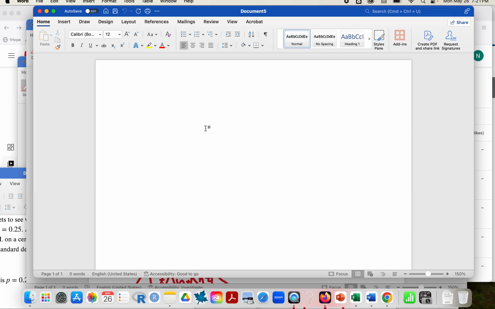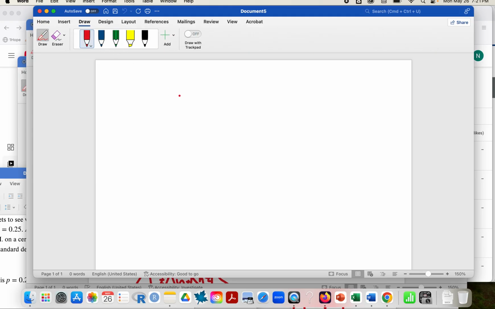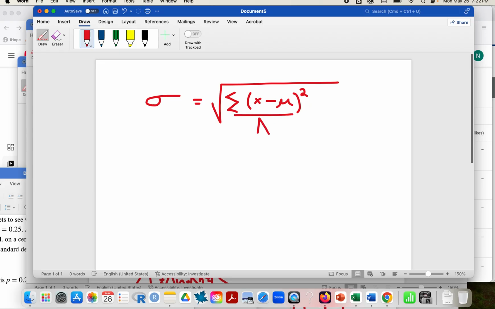All right, so we know what the mean is, and we're dealing with the population with two objects in it, a head or a tail, and that will mean that to get the standard deviation of the population, we're going to take, and there's really two ways to think about this formula, and I'm going to touch on it again in a minute, but basically what's going to happen is we're going to add up each potential random variable x minus the population mean, and we're going to square that. And if we divide by the population size,